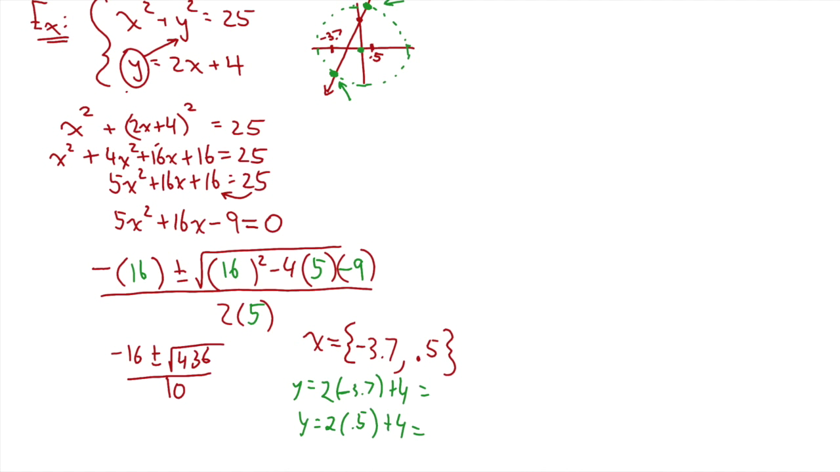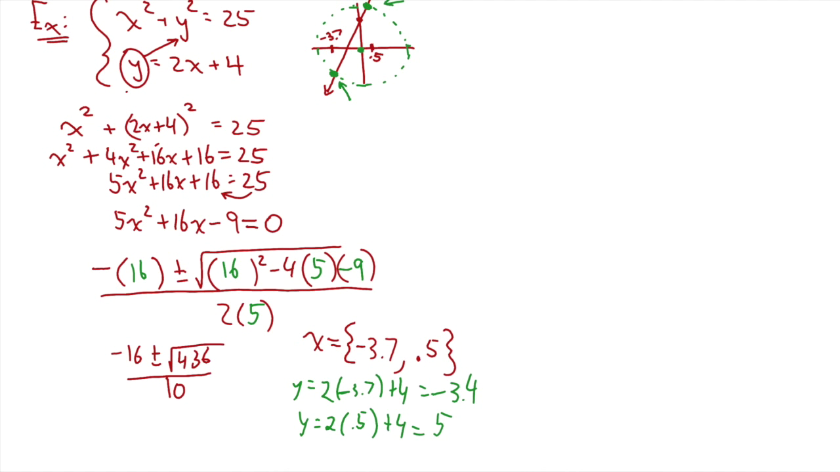So, what's the first answer? Negative 3.4. Second answer? 5. That makes sense because this is 2 times a half. So that's 5. So for my final answer, the two coordinates that are run into by this line are going